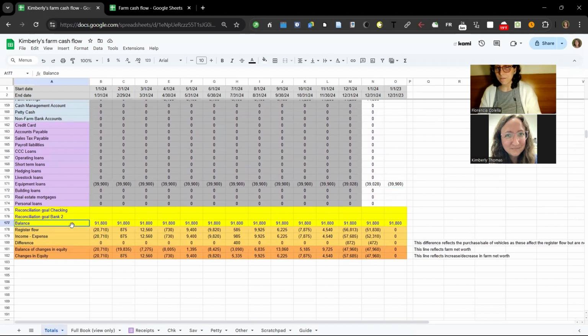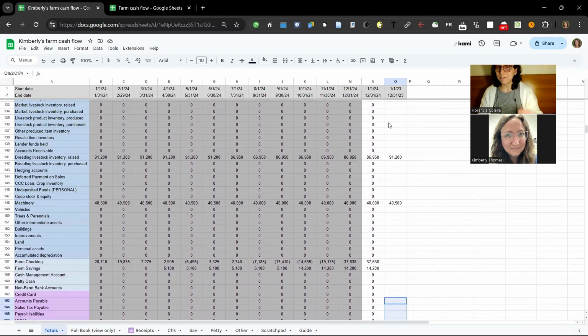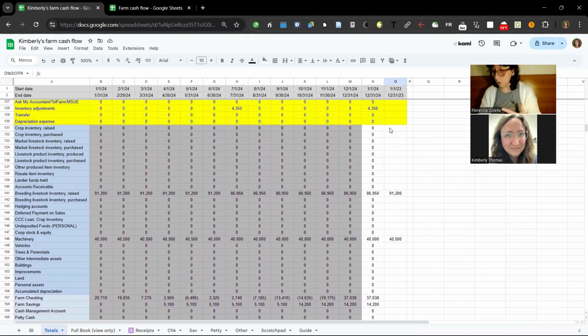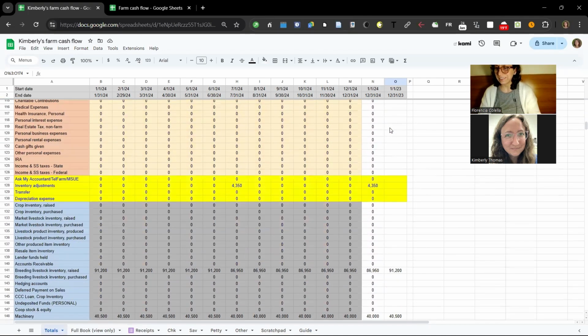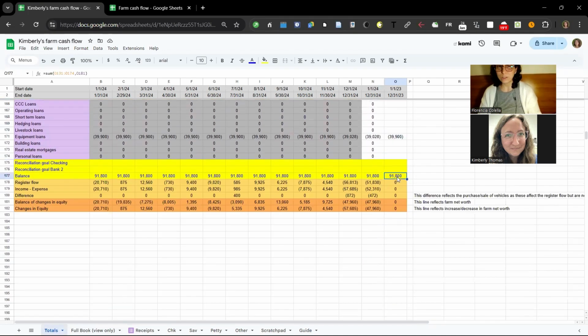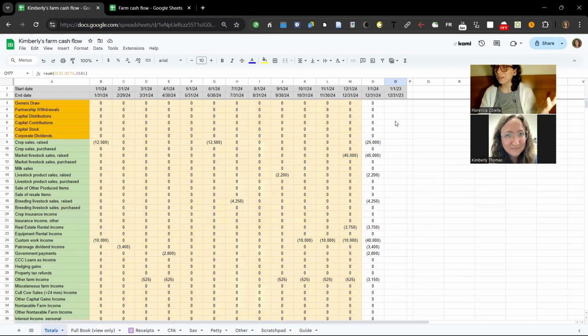Okay, so first, the balance should always be zero. What this is telling me is that in my assets and liabilities, I own a lot of stuff and owe money also, but I should have an offsetting amount equal to this one at the beginning of the year that someone contributed. Because at some point in time, someone contributed money to the farm. Anyway, it's kind of hard to explain quickly, but